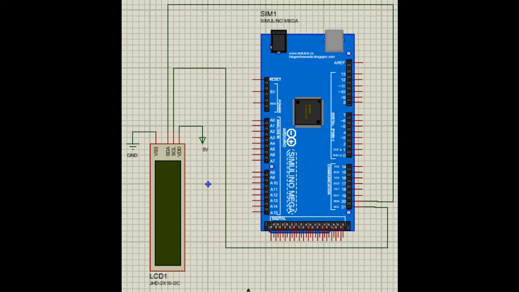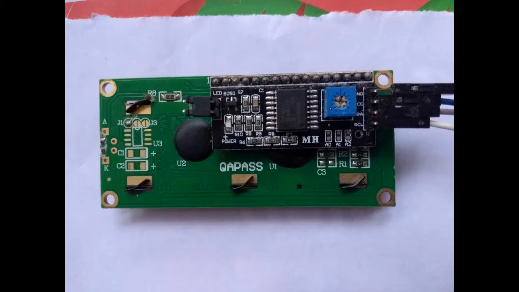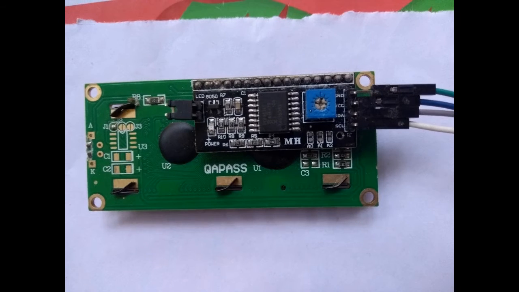So we provide an analog to digital converter for the I2C connection. Here the 4 digital pins are made serial and provided as SDA, and the 3 pins, enable, reset and read/write, are serially connected and provided as SCL.